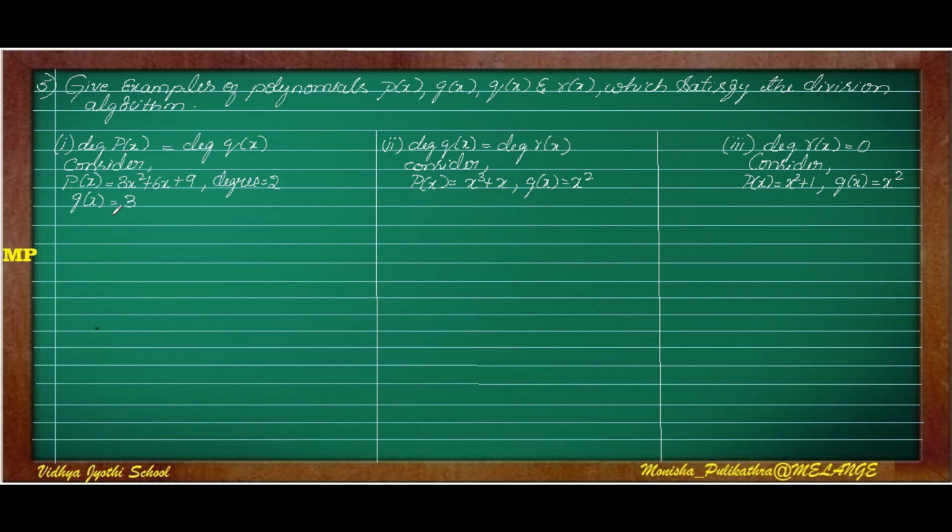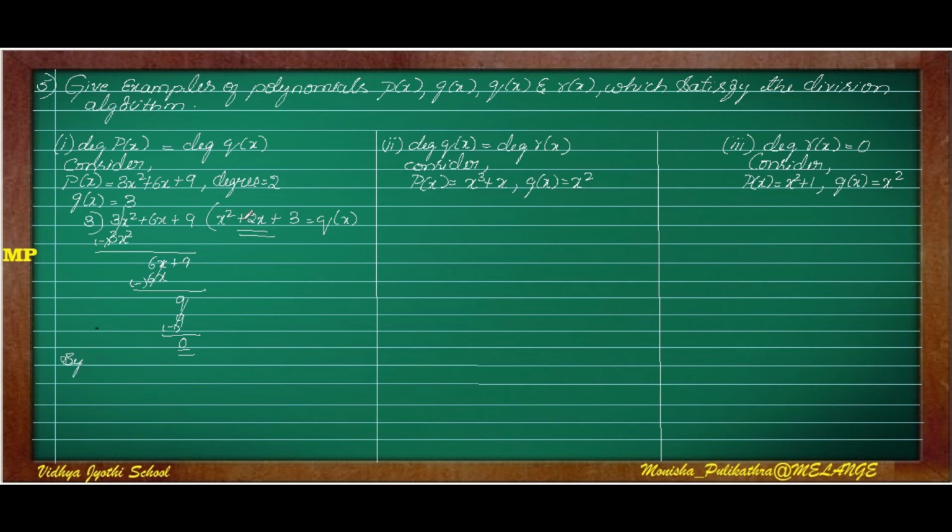Okay. So after taking the example, p of x is the dividend and g of x is the divisor, and we have to divide. So we divide 3x square plus 6x plus 9. 3 into x square is 3x square, so this cancels. Then 6x plus 9. 3 into 2x is 6x, again this cancels, and 3 into 3 is 9, so this also cancels, giving 0. So you get the quotient x square plus 2x plus 3.